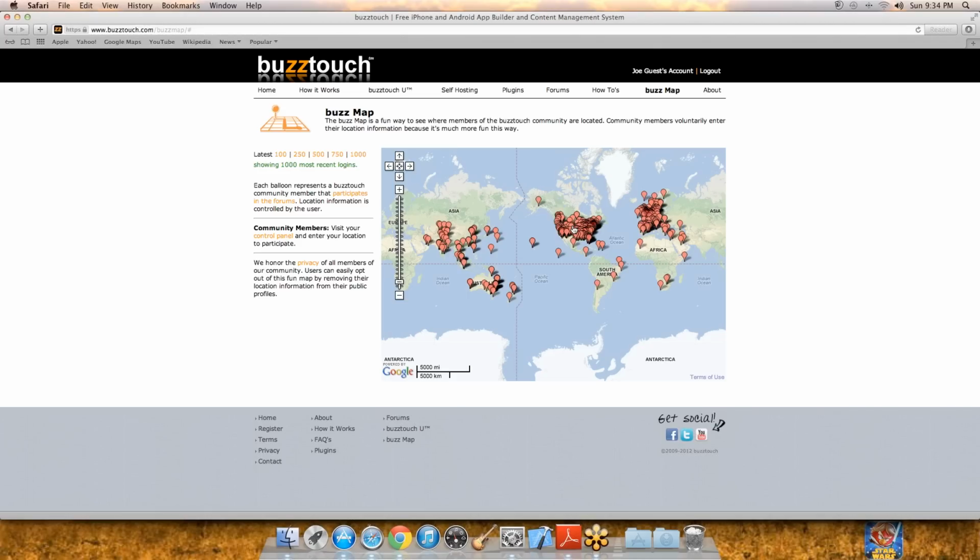advertisement for yourself. So I told you about the Buzz map. I'll jump over to that real quick. It's showing the latest 100 most recent logins. If you clicked on 1,000, then you'll see where all the users are, and you can drill down into this and kind of